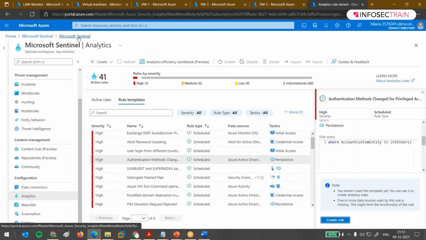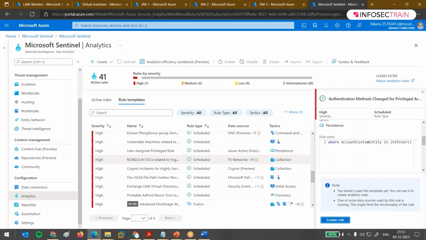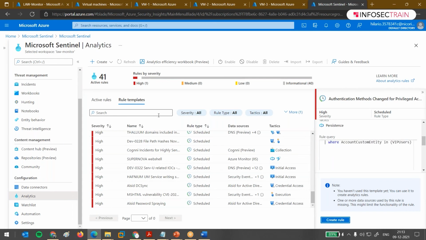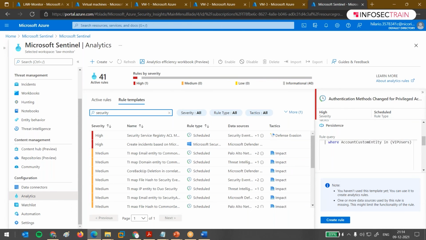One of the very simple ones, which I'm going to talk about in my Sentinel course as well. One of my favorite template rules is based on the... okay, so I will be looking for, actually we are connecting the security, right? So we require something like the